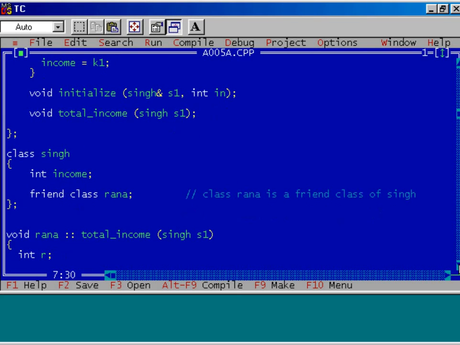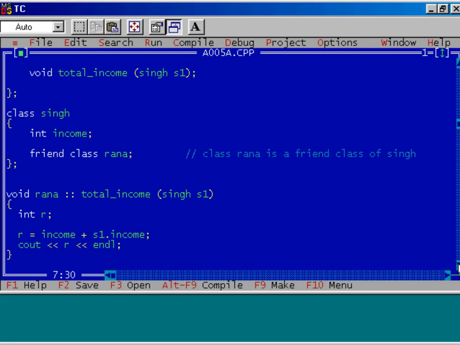Then I define class, namely Singh, in which there is only one data member and no member functions. I declare entire class Rana as a friend of this class. What is the advantage? All the member functions of the class Rana can access this private data member of the class Singh. Is it clear?